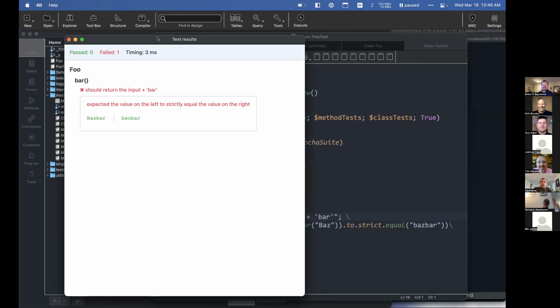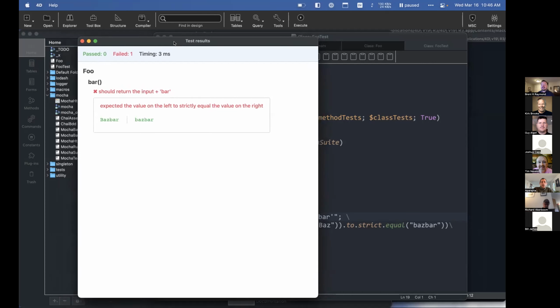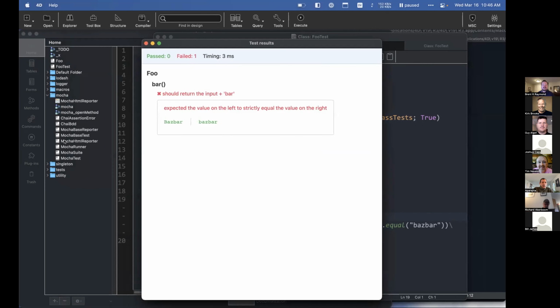This is like a 90% feature complete implementation of Mocha, and I implemented the entire API for test reporters. The default reporter is an HTML reporter. It's this guy here, the Mocha HTML reporter. What it does is it embeds JavaScript in this web area, which calls,